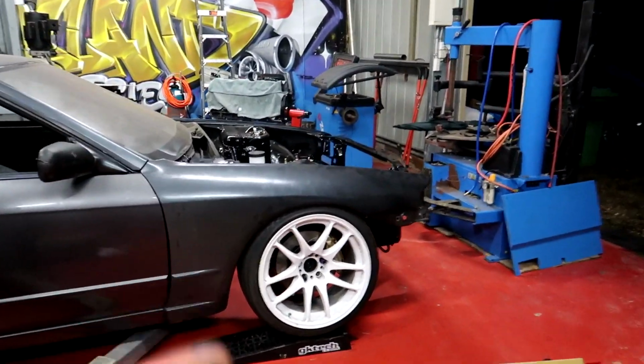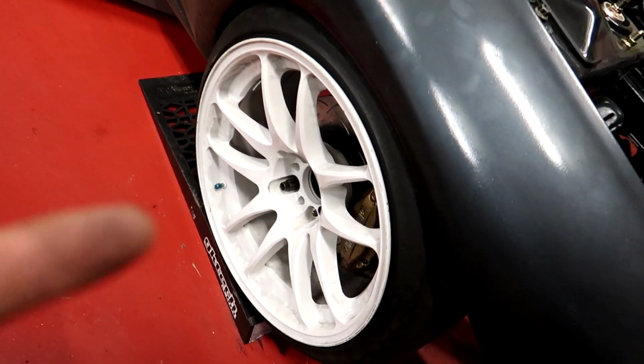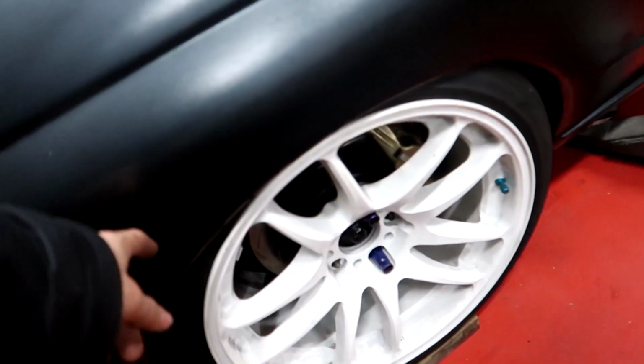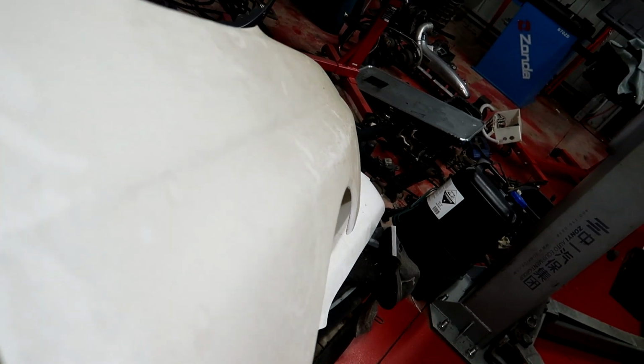I think I'm going to stick with the stock metal guards and then just roll them. So I'll get these rolled enough to fit this size wheel, because these are going to be my front runners. And then on the back, what I'm planning to do is get someone that knows what they're doing to cut out these guards. I've done it on the 180, but I did a really shit job of it. Cut these out and weld in a section to make it nice, and then fit an over fender. You probably would have seen these in the videos, just sitting in the back here. Look how much dust is on them, because they've been sitting around for so long. I think they're like 25 mil, which is not that much, but...